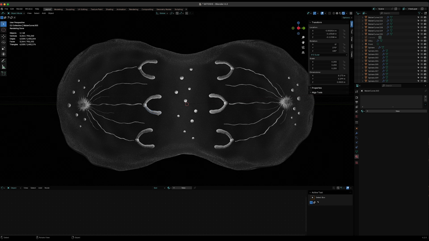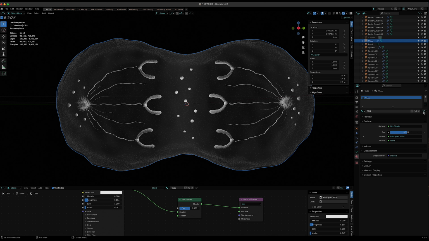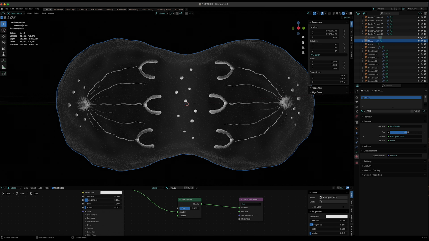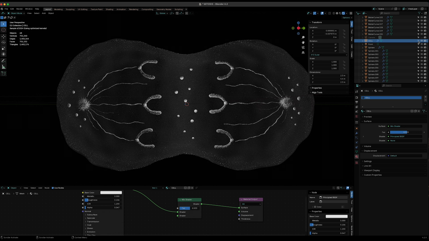I think for the chromosomes, actually let's use this thing so we don't select the cell every time. If you use this, disable the selection. If you don't see it, it's here. You just want to go and check this thing. That way you won't keep selecting it, and then you can select the objects inside of it. So for the chromosomes,